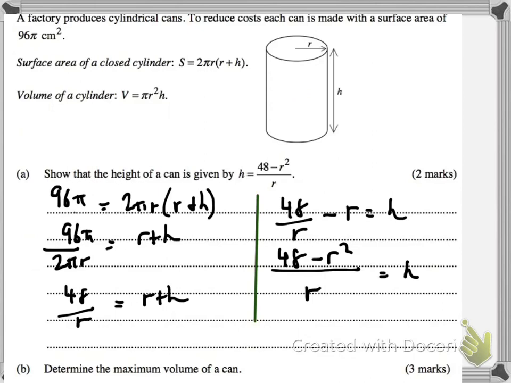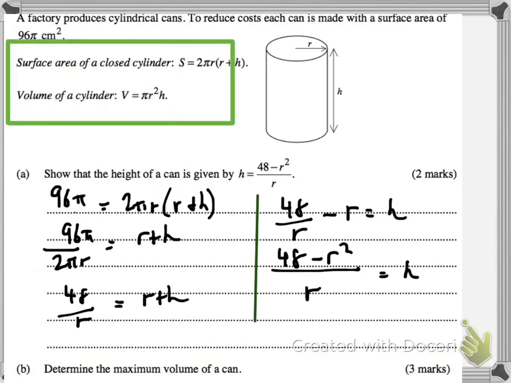Okay, next question. A factory produces cylindrical cans. To reduce cost, each can is made with a surface area of 96 pi square centimetres. And you can see here you've been given the two formulas for surface area and volume. That's why I allowed you to have that formula when we did the test for this, because I reckon I'm 95% sure that they will provide any of these volume and surface area formulas